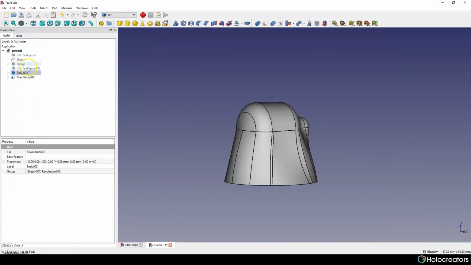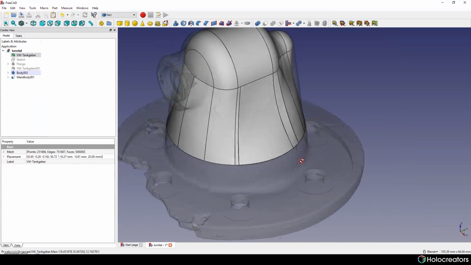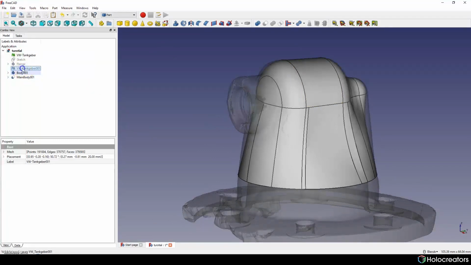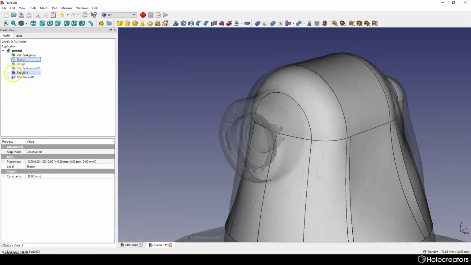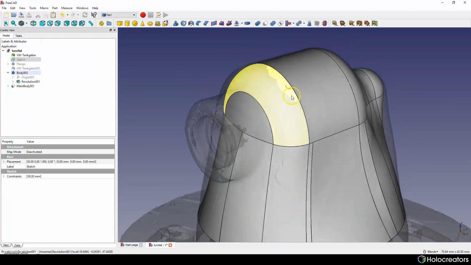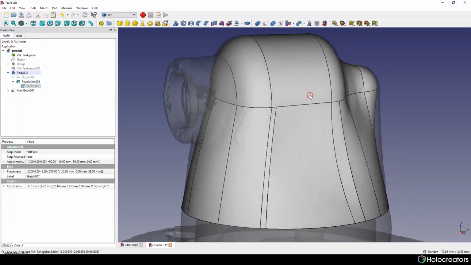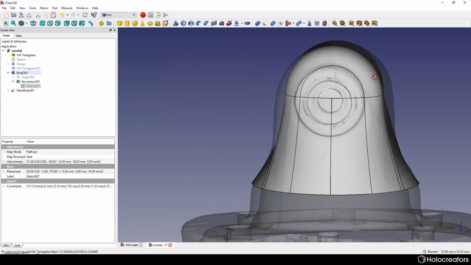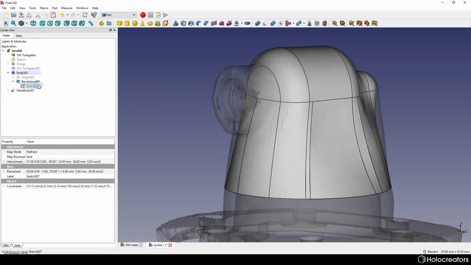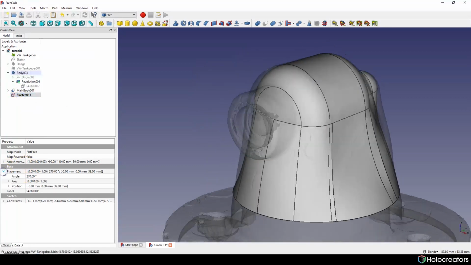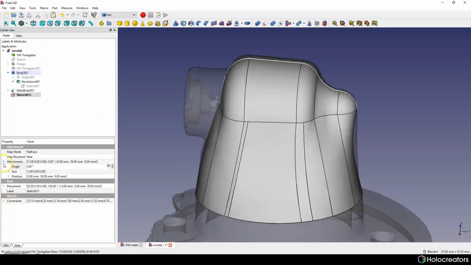We'll start creating this part over here. To do this, we can take our sketch that we were using for this part, simply copy it, and place it back to the original position.